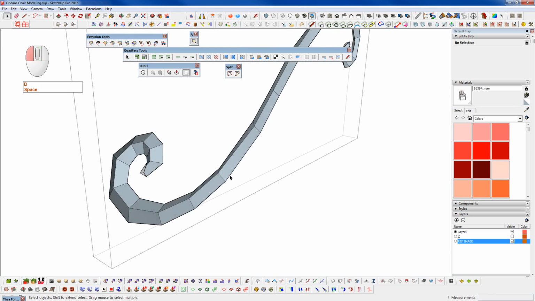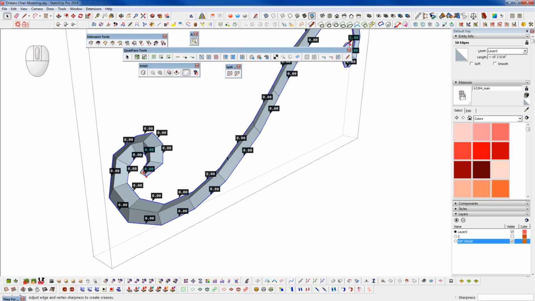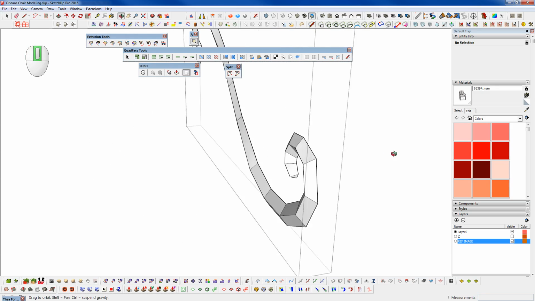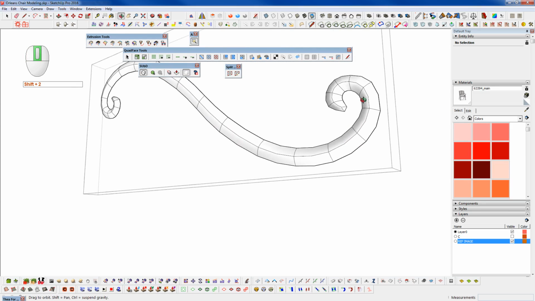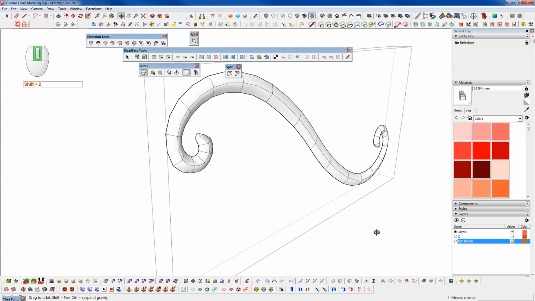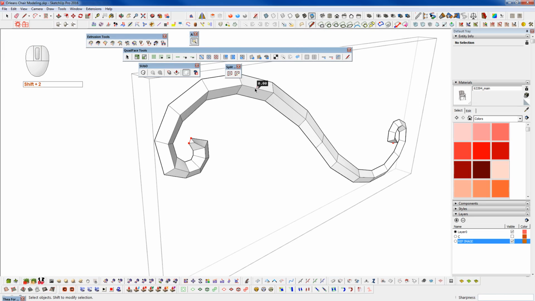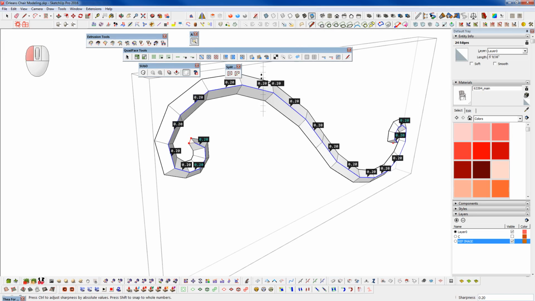Get rid of that, grab that, let's do loop selection, and let's crease that, go all the way up to 1. Now it should be good and tight, and let's grab this middle, do a loop, and let's crease this up to maybe 40 or so,